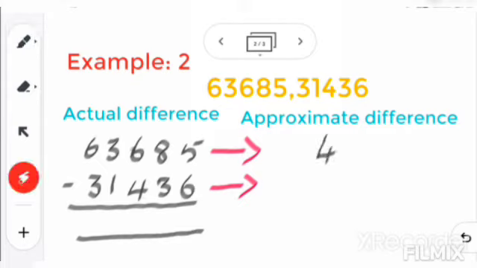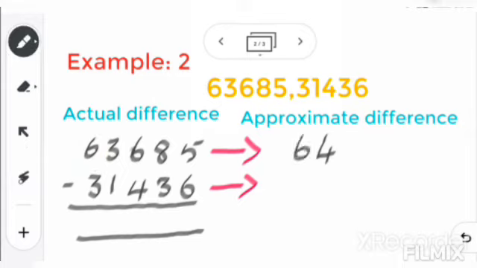Now next thing you have to be careful. The left side digit, see this is the thousands place. Here only we have added 1 and it has become 4. This 3 only has become 4 after adding 1. But next, on the left side we have one more digit, that is 10,000s place. Here we have 6. This left side digit will not make any change. We have to write it as it is. So this 6 we will write as it is in its own place.